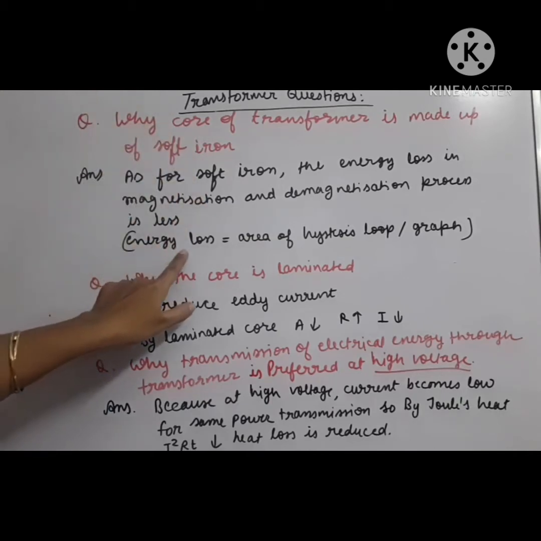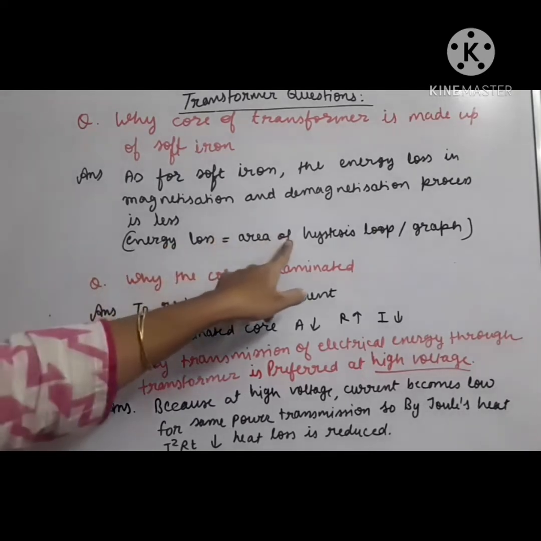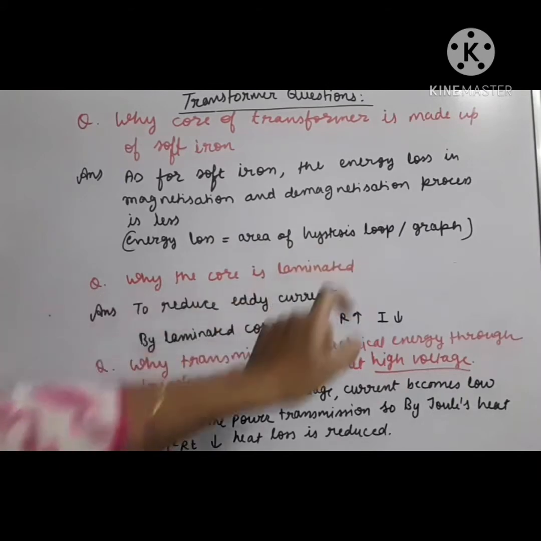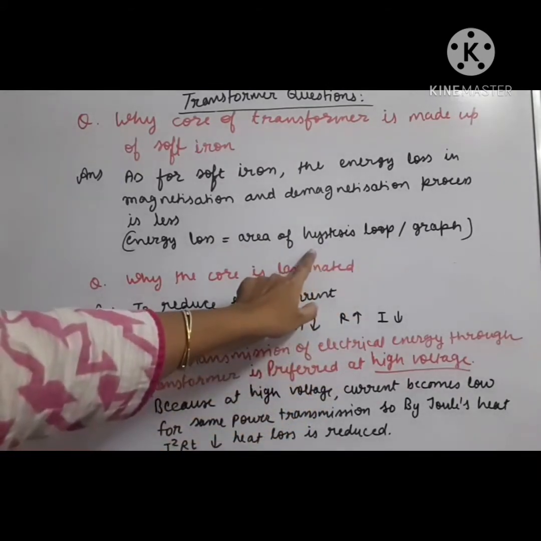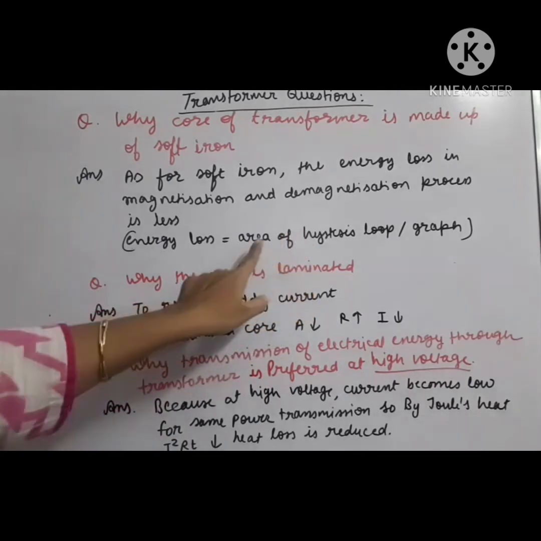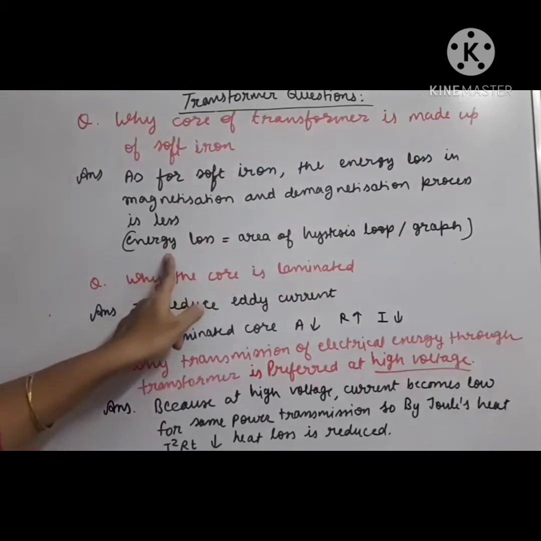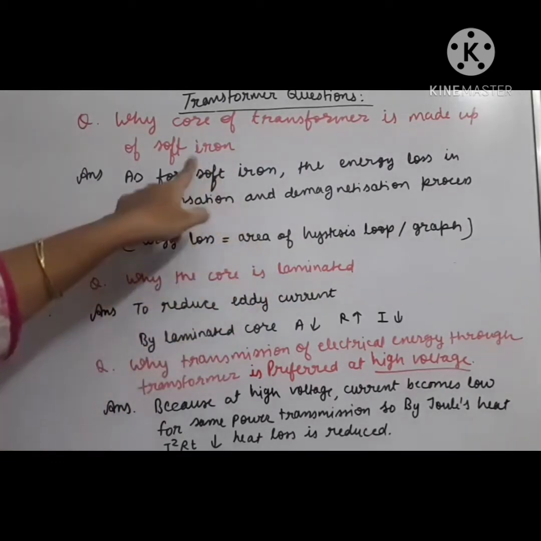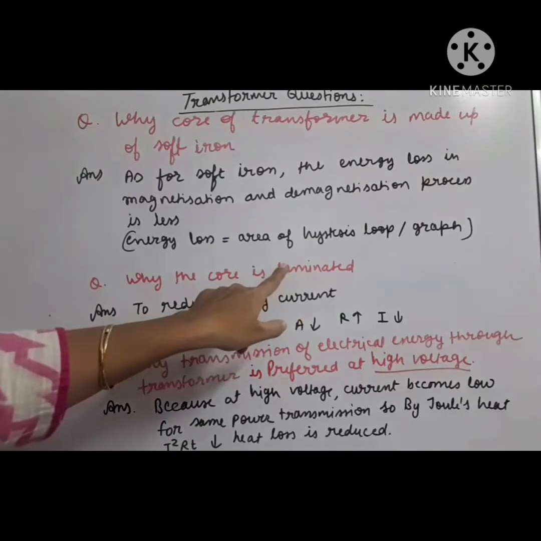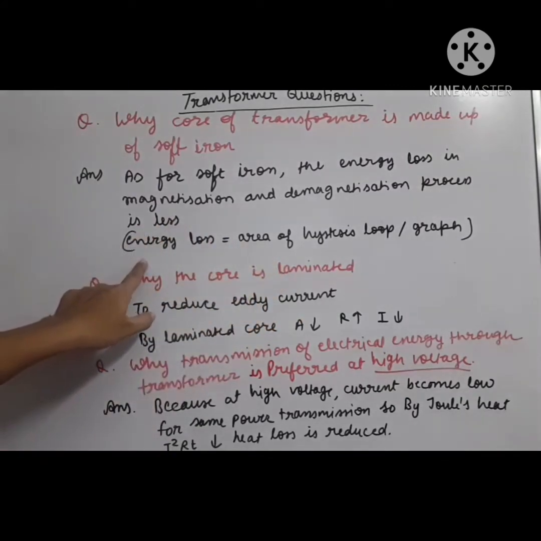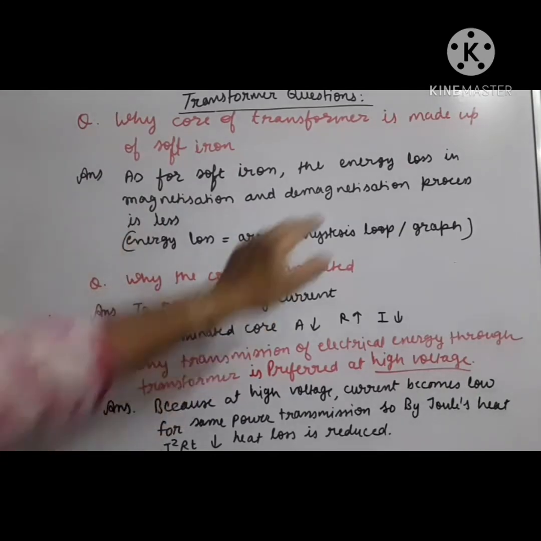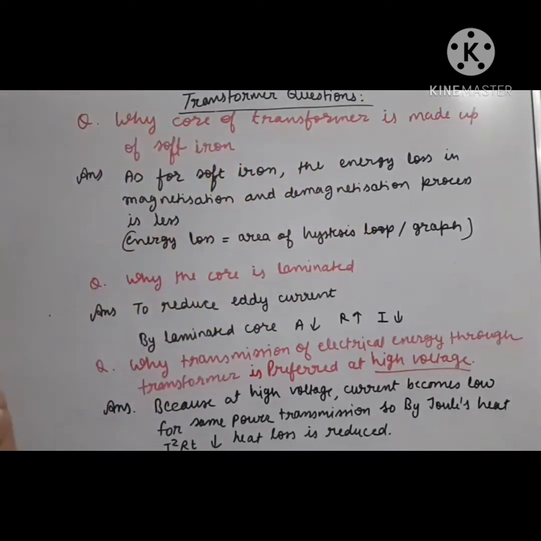And actually this topic was there in the unit number 3rd, but it has been cut now from the syllabus. So you should remember this point, that energy loss is equal to the area of one graph. That graph we call hysteresis loop. Okay, so that hysteresis loop area denotes the energy loss. So that area is minimum for soft iron. So if area is minimum, then energy loss is also minimum. That's why we prefer the soft iron core. So remember one simple point, energy loss is minimum for soft iron.